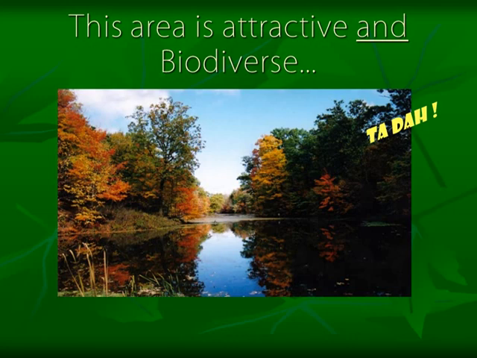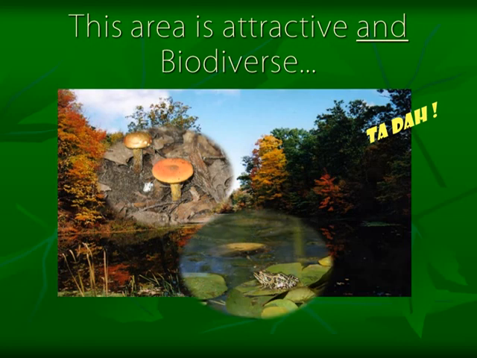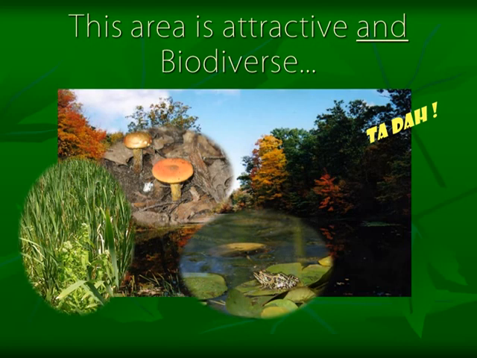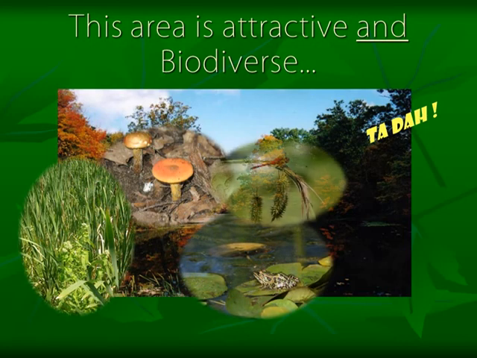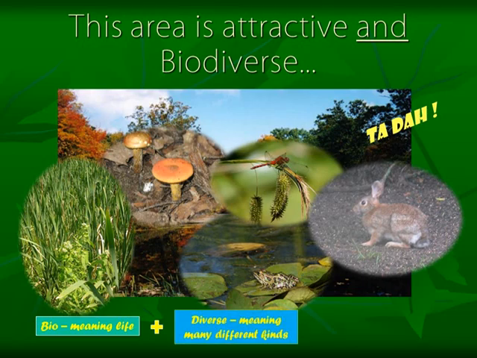This wetland ecosystem is a place where much life exists. Hundreds of different plants and animals live and use this area, along with thousands of insects and invertebrates and billions of microorganisms. All of these interact and rely on each other to provide a habitat that is self-sustaining, meaning it can last for thousands of years all on its own. We call an area like this bio, which means life, diverse, which means many different kinds.